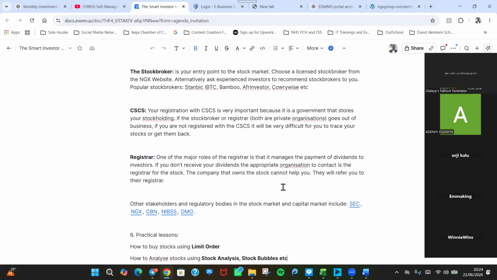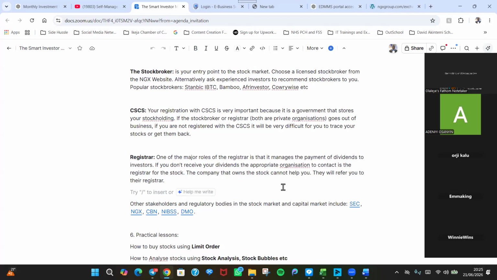And under the capital market, you have stocks and shares. That's when you buy Geregu, Okomu, Seplat, MTN, Dangote Cement. All those stocks come under the capital market, and that is one class of